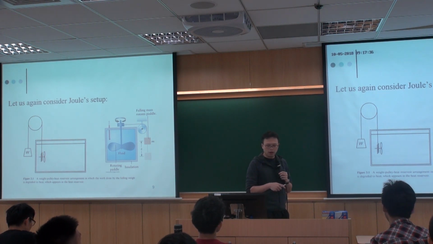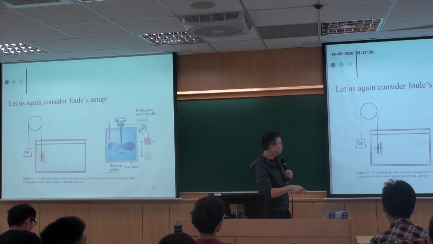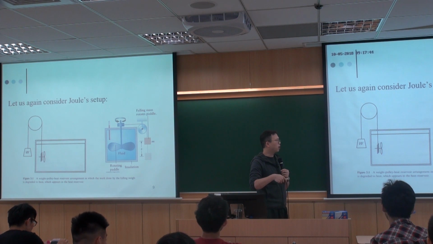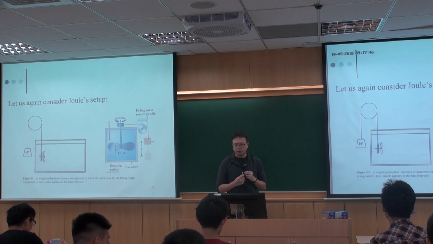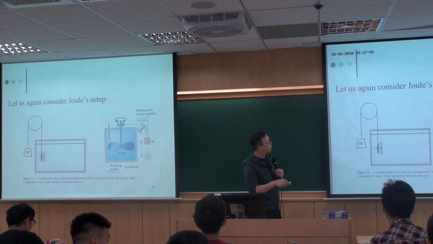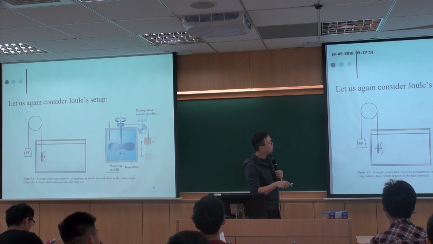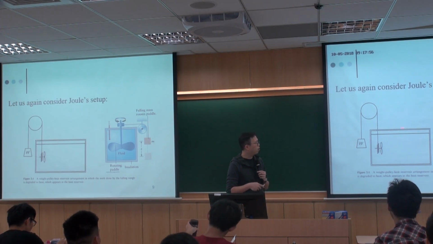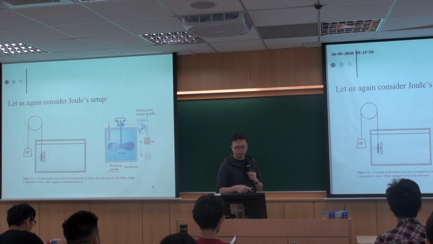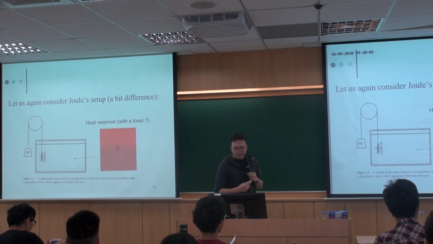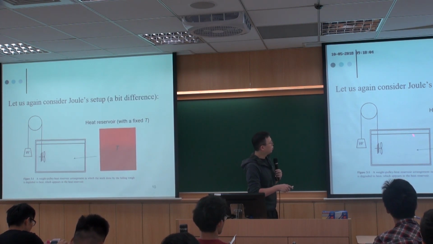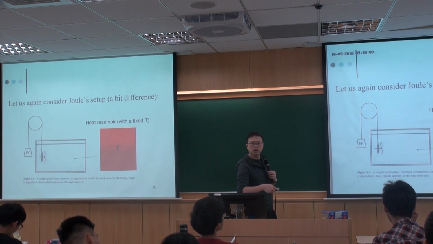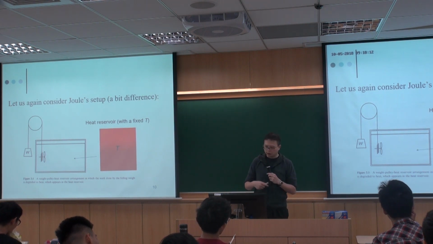But over here, this heat reservoir is very huge, so the temperature is fixed at a constant temperature, which is different from Joule's setup. For Joule's setup, we want to see the temperature change. But in this example, the temperature over here is fixed. So therefore, in the next slide, I replot it this way, that this thing is actually a heat reservoir. So we can dump mechanical energy into this heat reservoir as a form of heat.